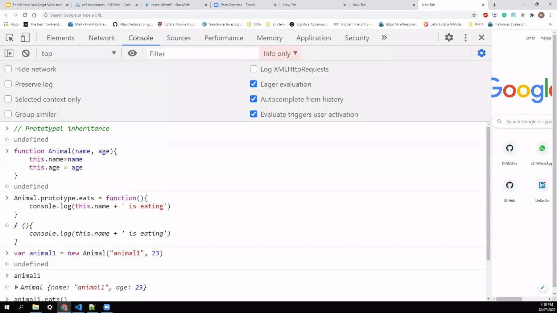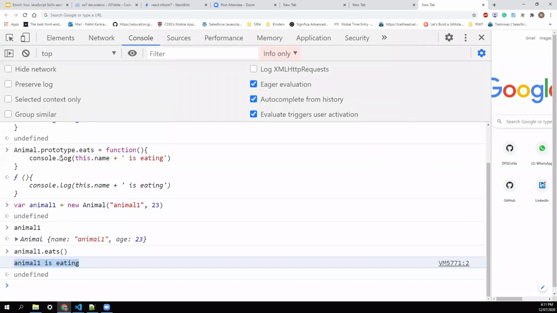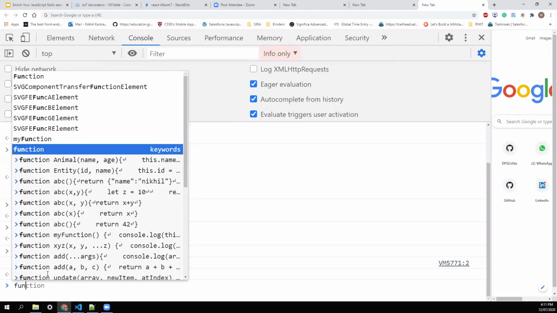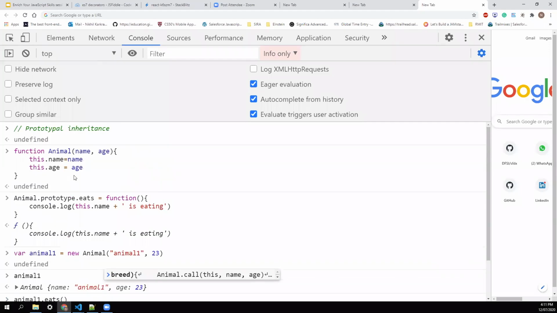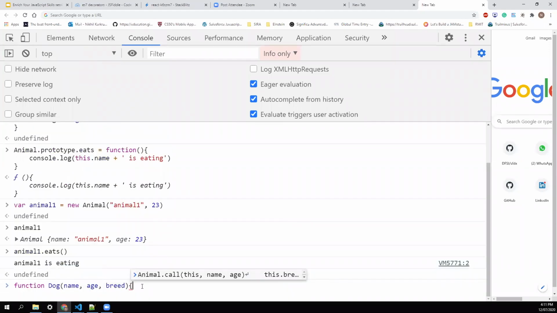Now let's create another constructor called Dog. I'll create a function, and the D of Dog should be capital if you are creating a constructor function. I want Dog to expect age, name, and breed. I take a few properties that are already available in Animal, and we'll try to access those.